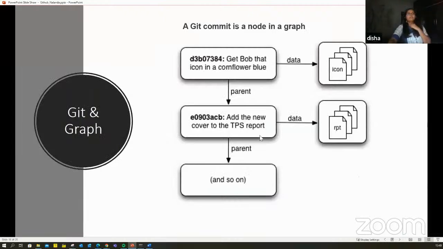Okay, so this is how it works. This is a very small and simplified version of what a Git graph looks like. We are going to do an interactive version of actually going through the steps of building a Git repository and traversing through the graph, okay? Now, some terminologies you have heard a bit from me just now. We will go through those terminologies one by one and actually perform those steps on GitHub itself, okay, to understand better.